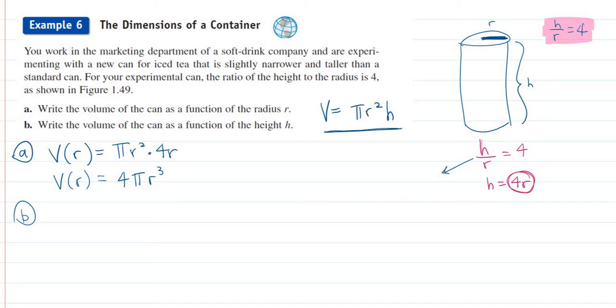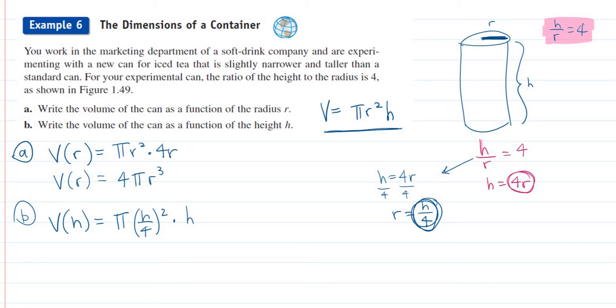So what that means is that you would multiply by r on both sides. We already did that, and we got h equals 4r, and now I'm going to divide by 4 on both sides to isolate r. So r is equal to h over 4. So now we want the volume with respect to h, which is going to be pi, but now we're going to substitute this in for r. So pi (h over 4) squared